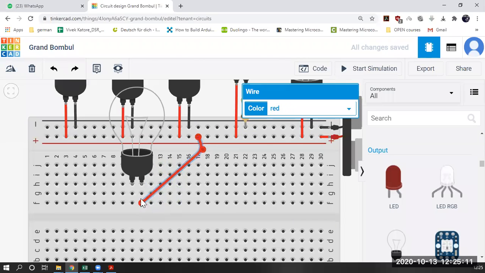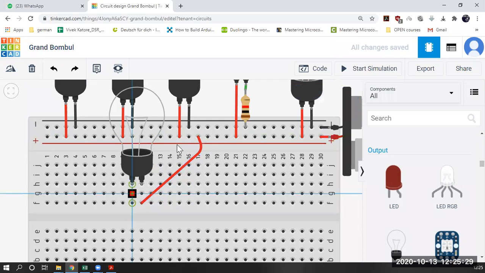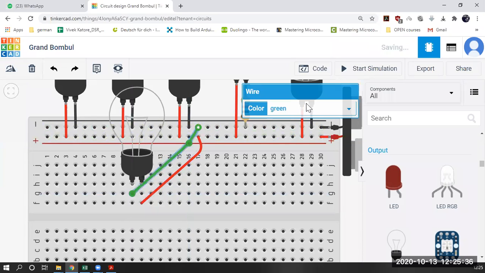Remember that the wire is only connected on this side and this side. In between, if it is going through the middle, it is not connected. It's just a wire going over it. Okay, and the second part, this. So I can take a connection from any point, from here or here. So let's take the connection from here. It's just a hole, right? And then I can place it somewhere here because this is the negative part, right?